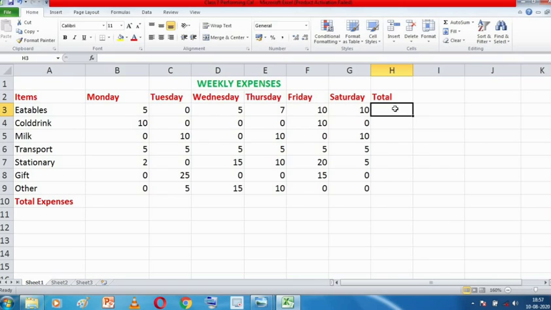So what if I want the total over here? I need to insert the formula. A formula always begins with an equal to symbol.